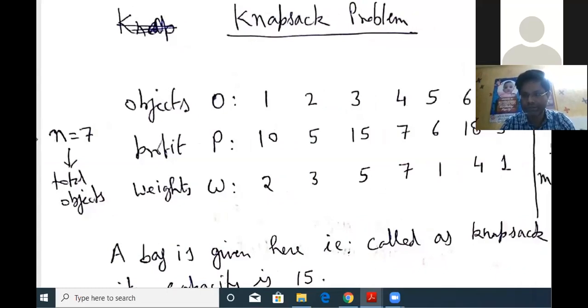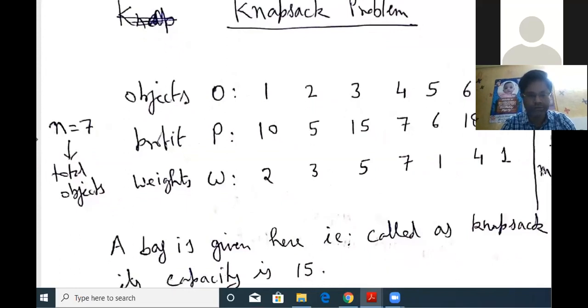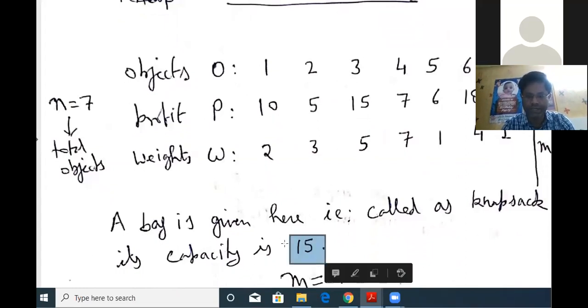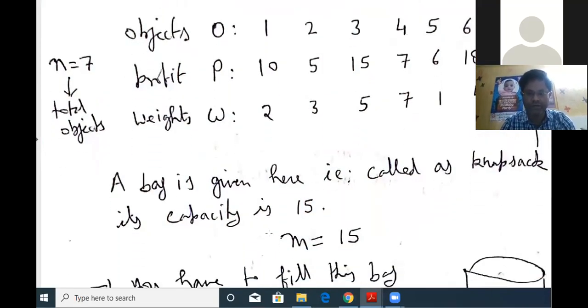So I am just scrolling my screen. Here the knapsack limit is given as 15. The knapsack limit is denoted by M, and M here is 15. First, you have to keep in mind that the knapsack limit here is fixed, that is equal to